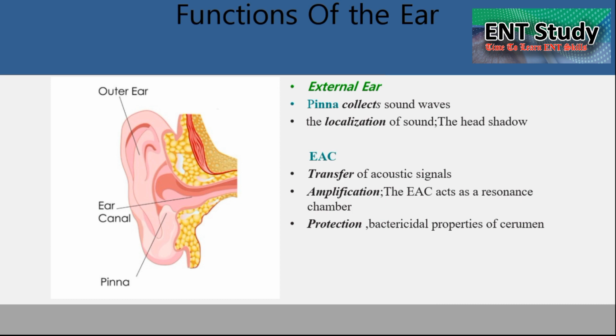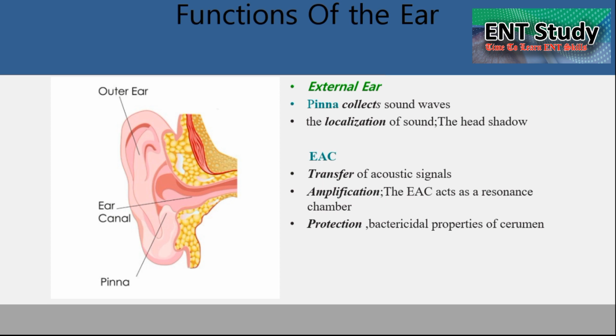The outer ear comprises the pinna and the external auditory canal. The pinna is the most prominent part of the ear. It helps us in the collection of sound waves and funnels them through the external auditory canal to the tympanic membrane. Other than this, it helps us in localization of those sound waves by the method of head shadow, because